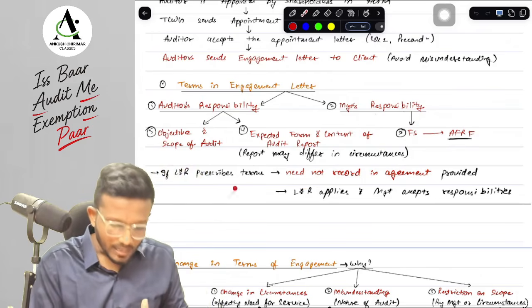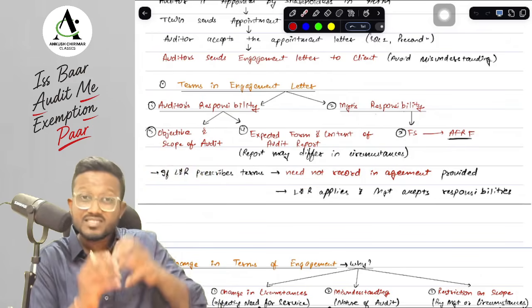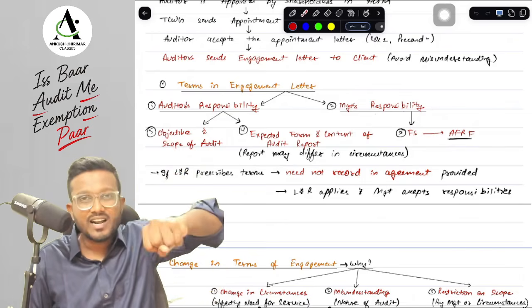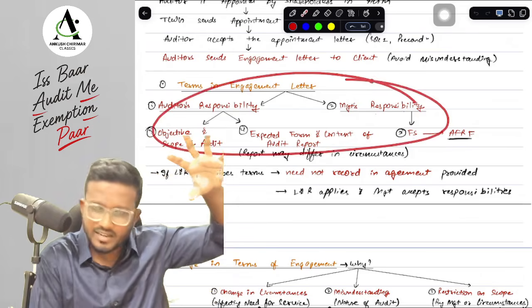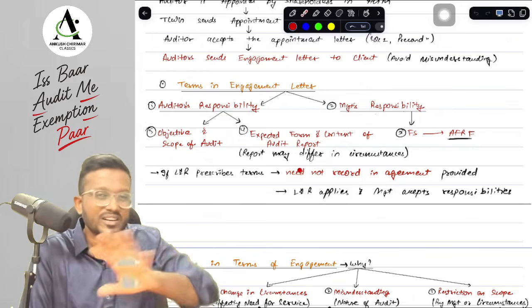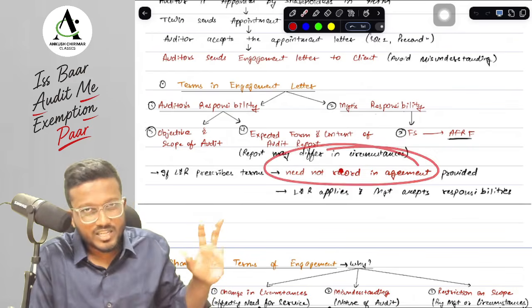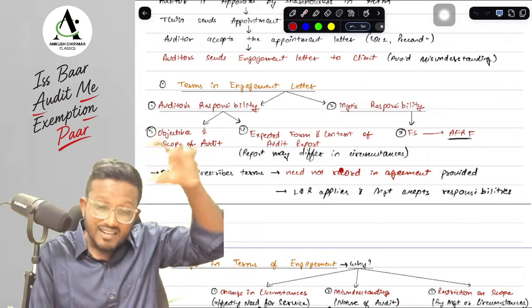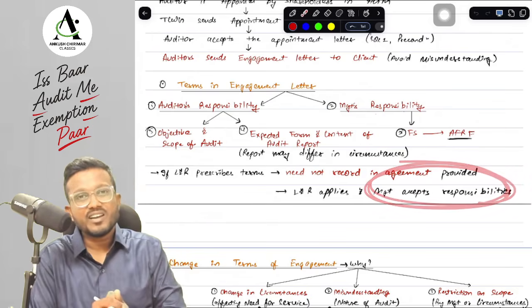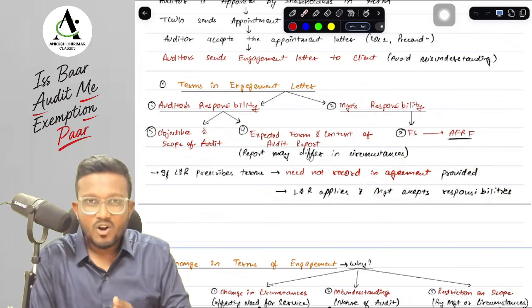Okay, yes sir. Now, what if law and regulation prescribes the terms of engagement in detail? If the law and regulation applicable on that particular entity is prescribing these terms of engagement in detail, then do we need to again ask the management to confirm them? No, sir. We do not need to ask the management again, provided that the law and regulation is applicable on that entity and the management is accepting the responsibility for the terms of engagement. Then we need not again record the terms of engagement.